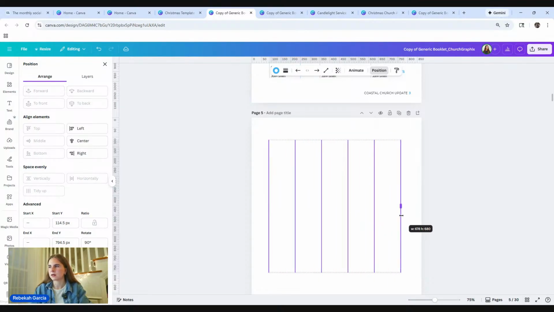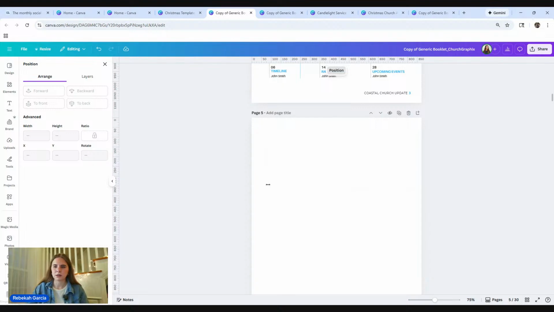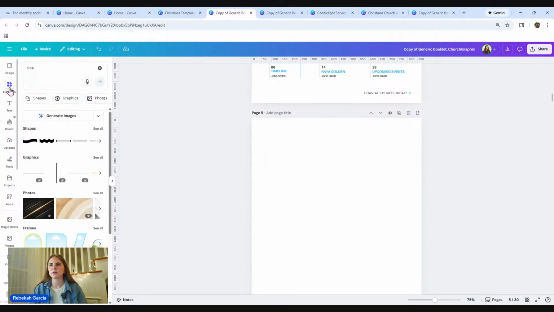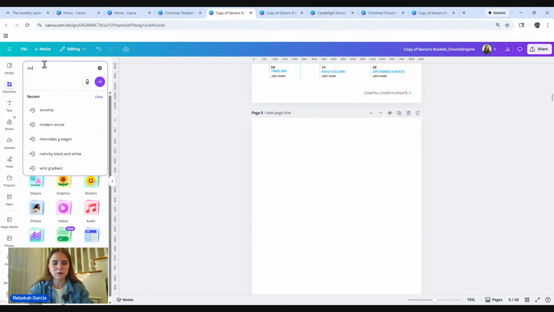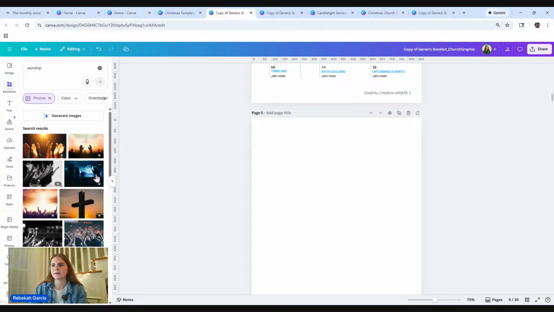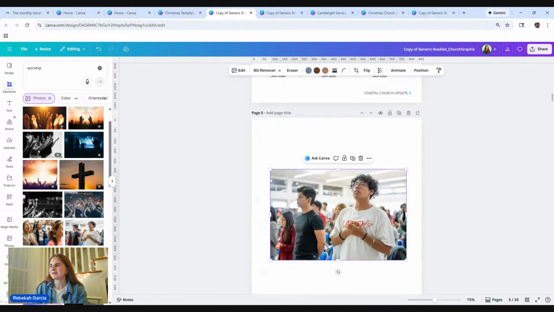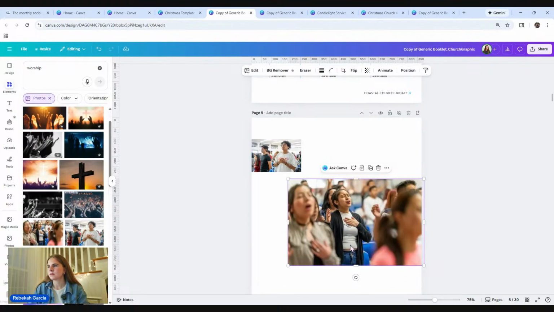This is also really helpful in photos too. Let me show you that, because if you're working at a church, then you're probably going to have a lot of photos. So let's see. Let's do worship again. And if we have got this photo, and this one,